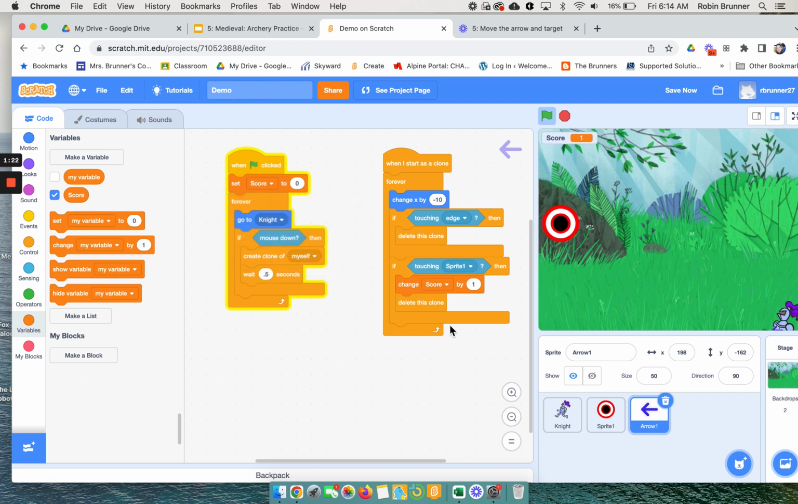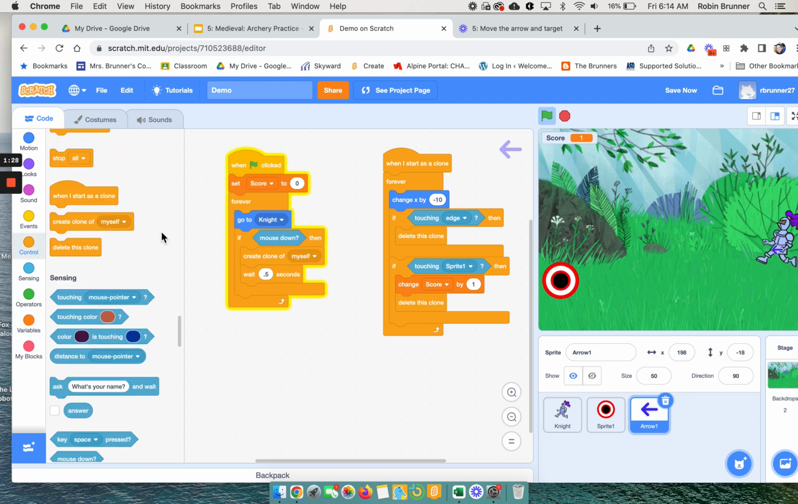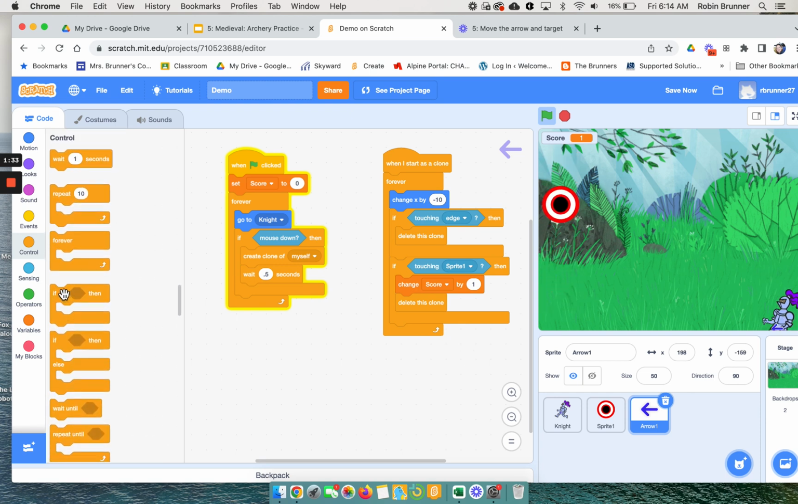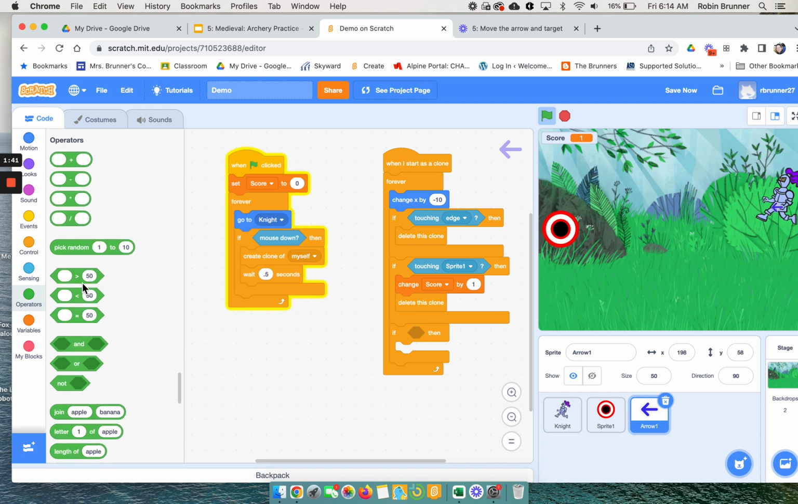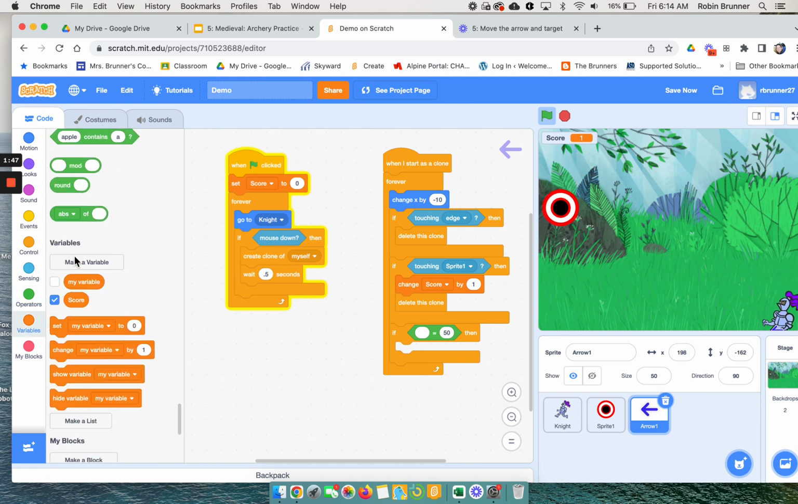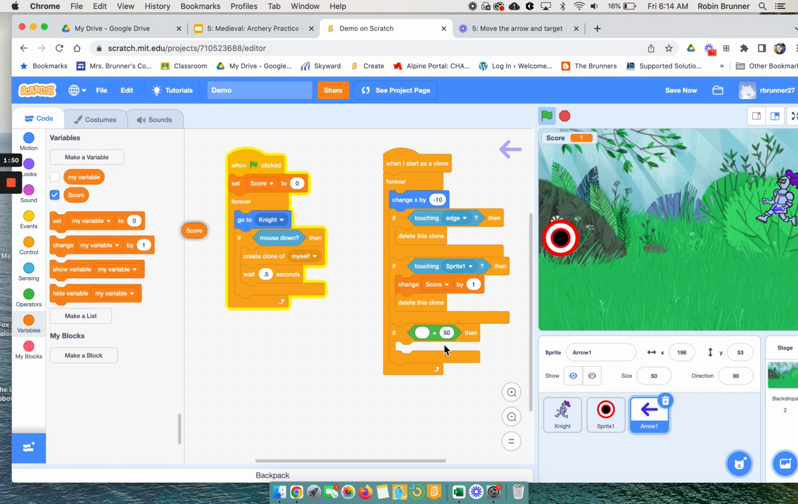Now, you want to get to the point that if the score equals something, then the game is over. So you don't want this to go on forever. Then you're going to add in another if statement in here, and you're going to need an operator. So you're going to say if my score equals, and you can do whatever number you would like, equals 10, then